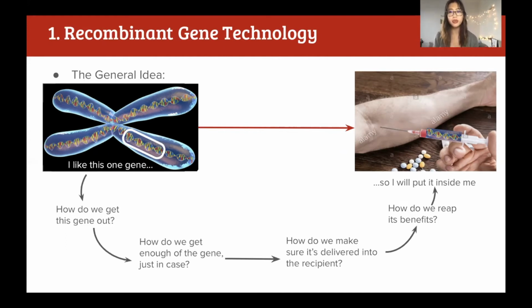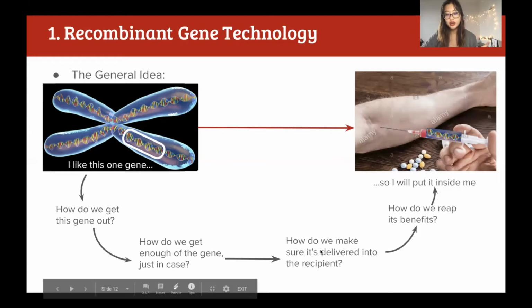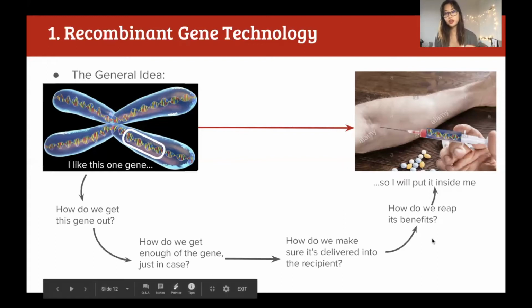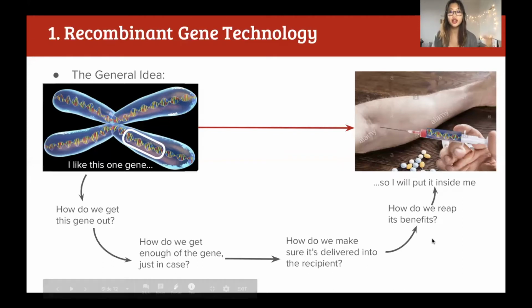How do we make sure that we have the gene intact? And once we have a secure supply of the gene, how do we make sure that this gene is supplied to our recipient in a form that's intact and usable by our recipient? And how do we then reap the benefits of this gene? Okay, so after we've thought about these considerations, then